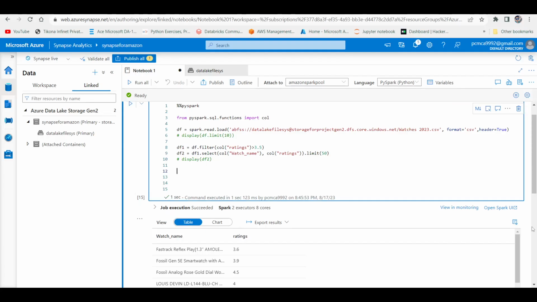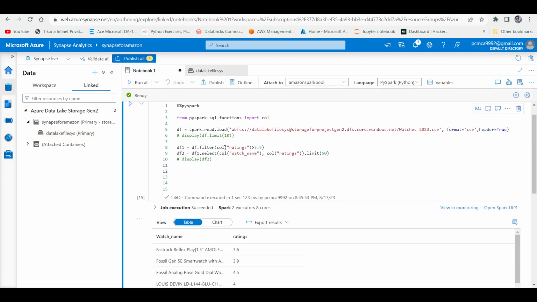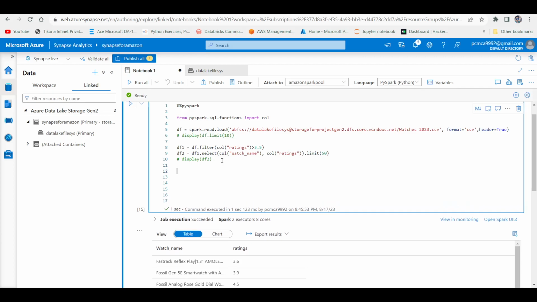Okay, so now we are going to write the file in the data lake folder. Before that, we check here. There is only a Synapse folder. This is the default folder created while we created that storage account. And also there is a CSV file. There is no other folder here. So let's write the df2 dot